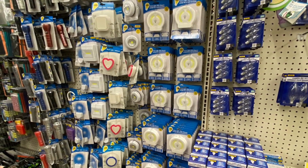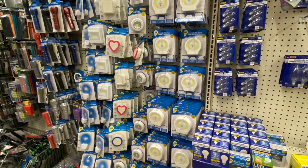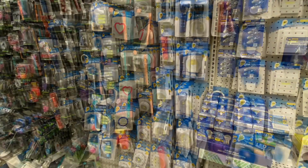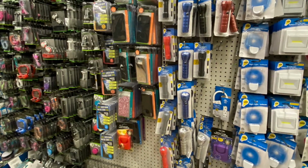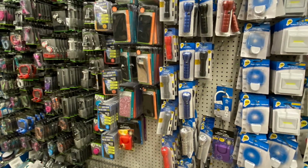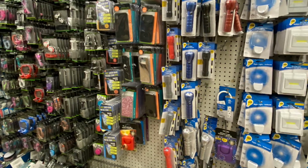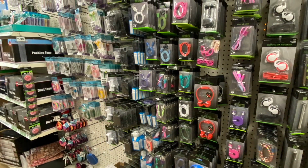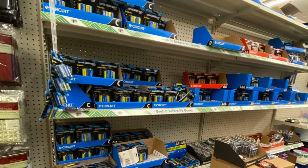These tap lights or LED lights are awesome for grid down in the night if you just need to get to the bathroom, or if you want to move through your house and you don't want to use a flashlight. They had flashlights available. I wish they would have had some more of those flat flashlights, but I didn't see any. Another thing that I'm always on the lookout for is extra phone accessories, chargers and cubes to plug my